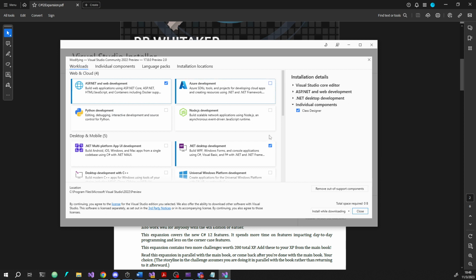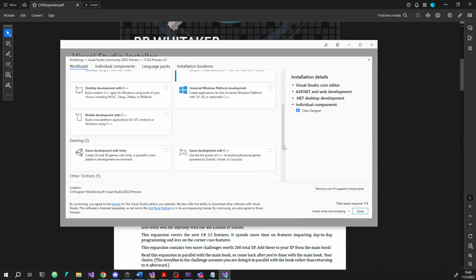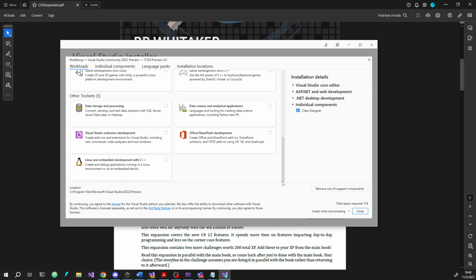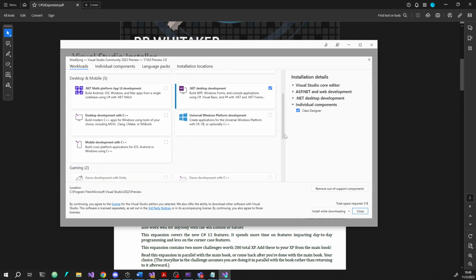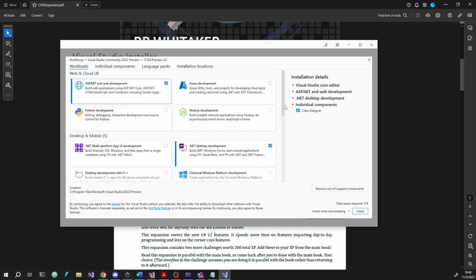I'll point out that for the book, you don't need most of these. There's a lot. You can add any of these things you want, but they do take up space. The main thing that you really need here is just make sure this .NET desktop development's checked. That's how you get the console development. I happen to have this ASP.NET stuff installed as well. I have often had other things installed as well. But right, this version only has that .NET desktop development one. Anyway,